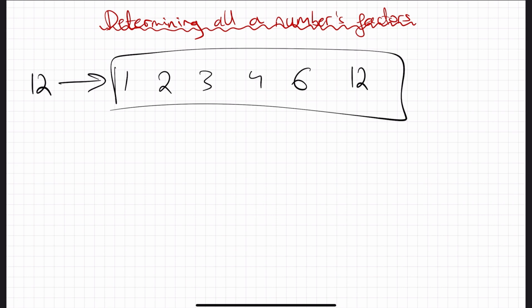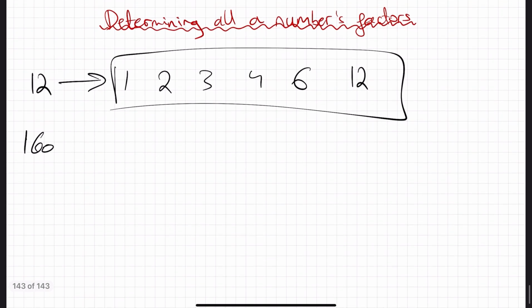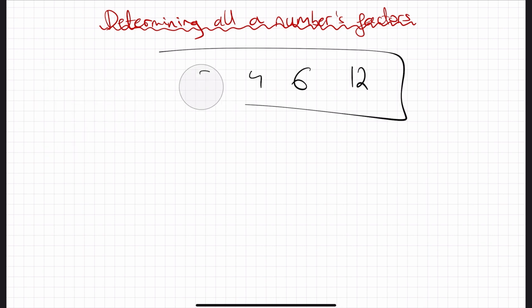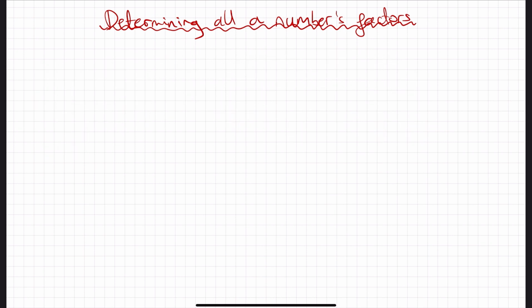So this method works when you have small numbers like 12. It's pretty easy to just go through most of the numbers beneath 12 and check if they're actually divisible, but this method is essentially just trial and error, and it's not very good when you start getting to larger numbers. Like, let's just say 160, this is going to have a lot more factors, and it's not very efficient to just try out every number below 160. So I'm going to be showing you guys a method which you can use to determine a number's factors using